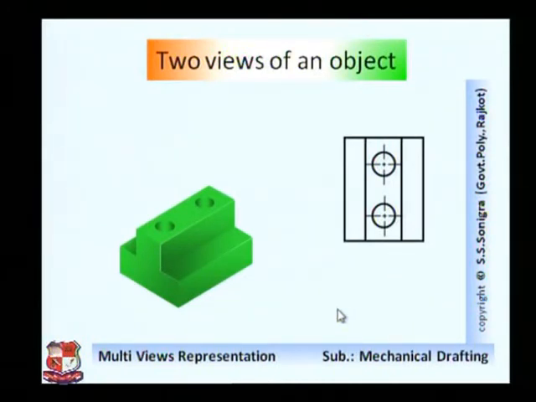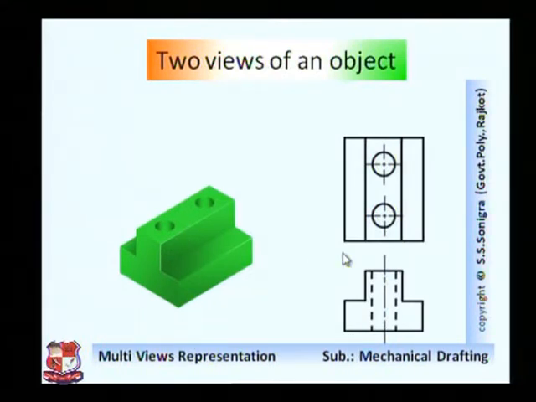And if you look from the front side, its front view would appear like this. This would be its front view, and these two dotted lines drawn over here represent these two circular holes, which are made from this upper surface to this lower surface, shown by two equidistant dotted lines. So for this kind of object, only two views are enough. Only with the help of two views we can represent all its properties, so there is no need to draw a third view.